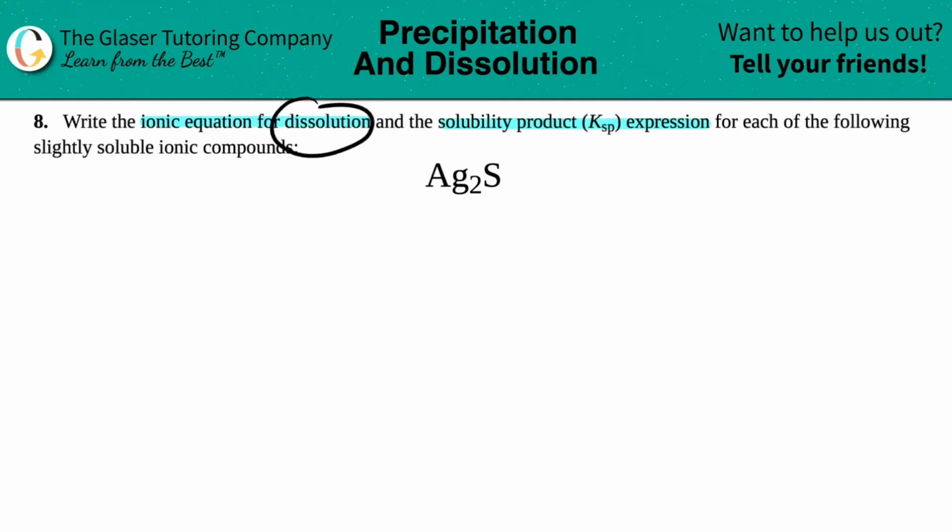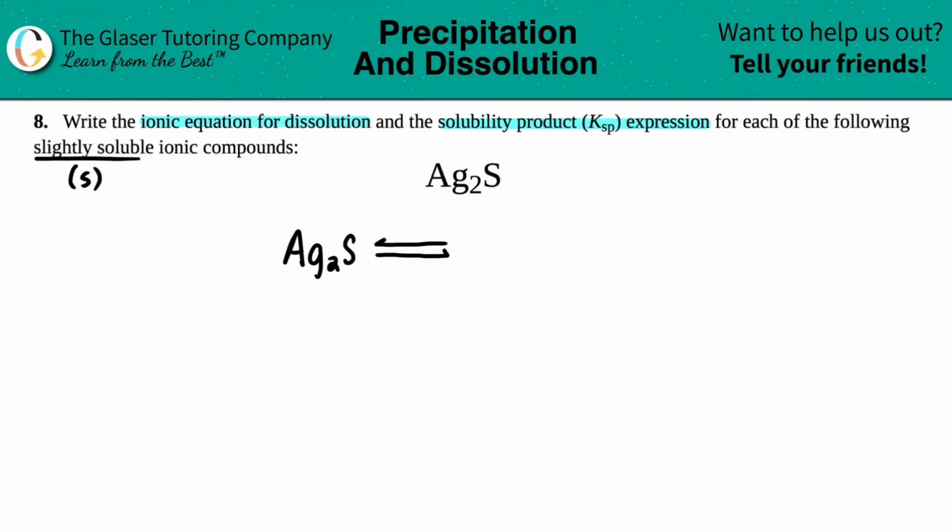Dissolution is just when you're dissolving your compound into its ions. And anytime that you're starting off with a slightly soluble compound, you're always going to start off with a solid. Slightly soluble just means that only a little bit is going to break down into the ions, but the majority is going to stay the solid. So I know that I have the Ag2S, and this is going to break down at equilibrium, so I need to see those double arrows, into its